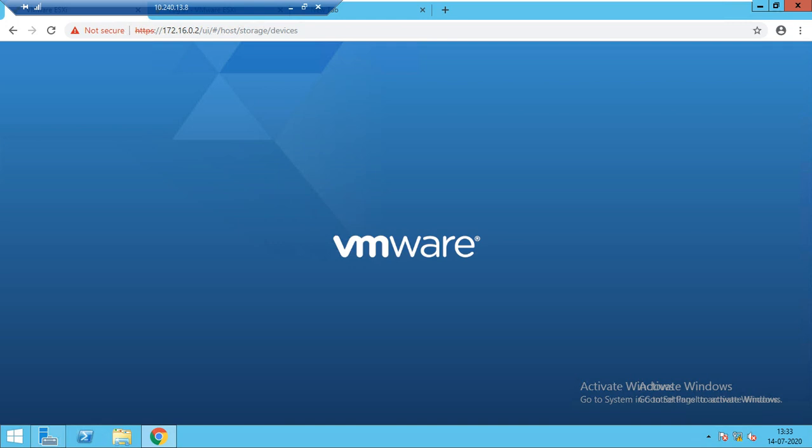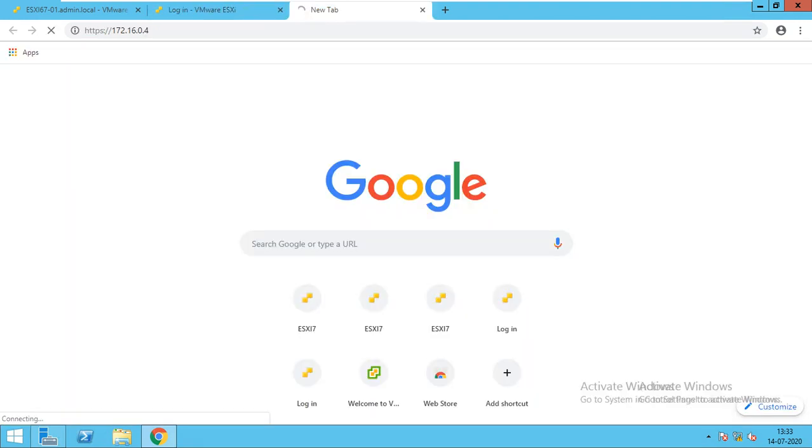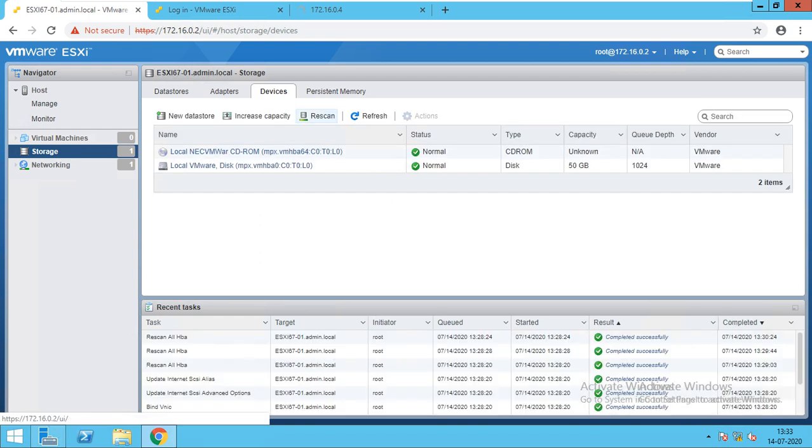Has the page come? No, not yet. We'll go to the root option. Then we'll put the IP address, user and password which we have created. So here, you are not able to see it, correct?